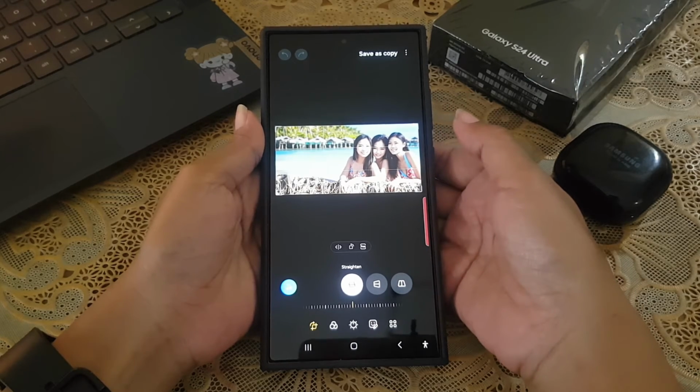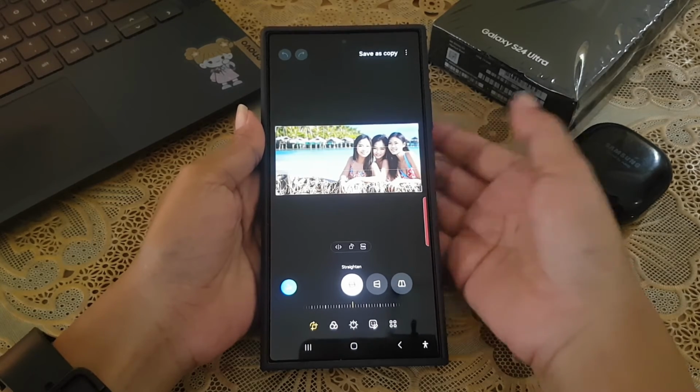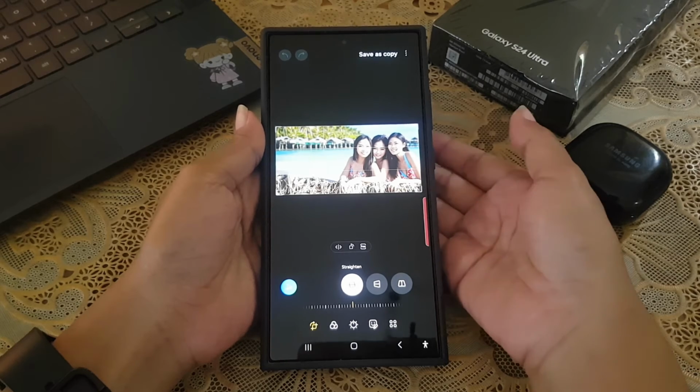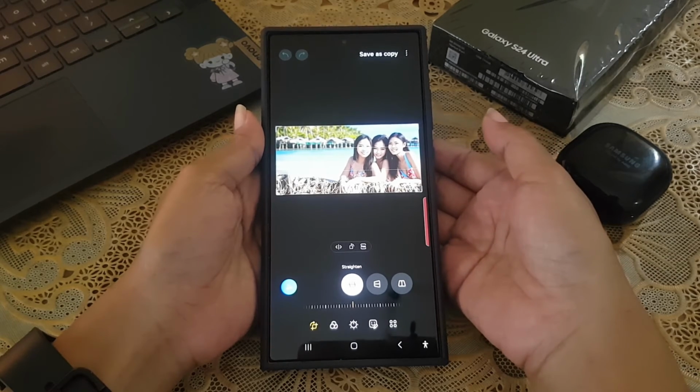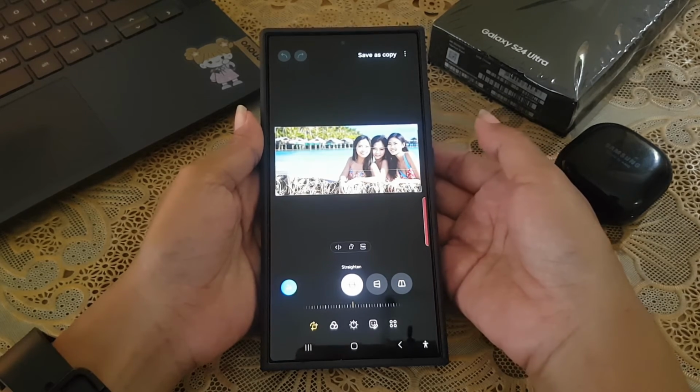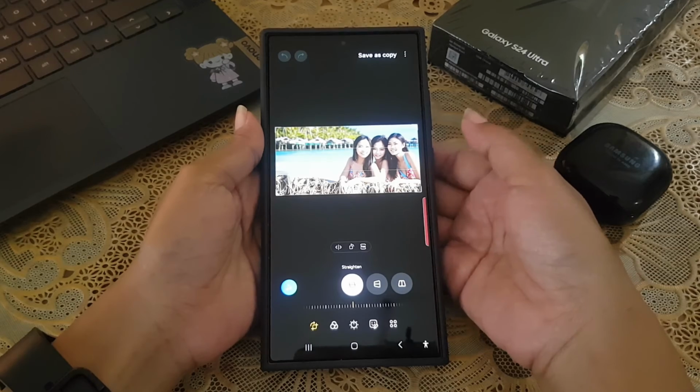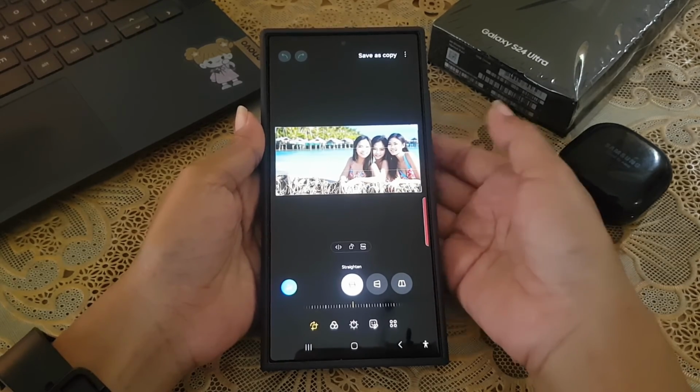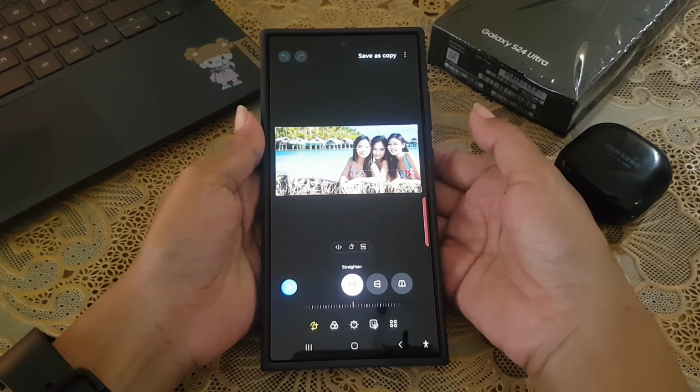With this AI-based feature, now you don't need to waste your time waiting for a perfect background or situation to get a better photo, or worry that a certain object will ruin your photo. You just need to take a photo with your Samsung Galaxy S24 Ultra and then let the AI get rid of the object you don't like in your photo.